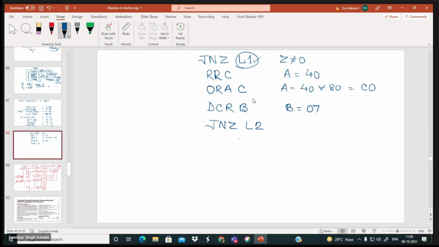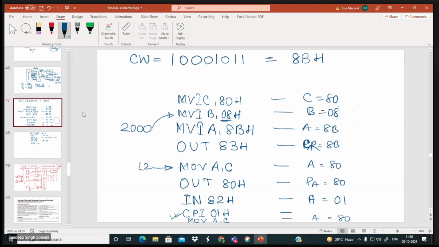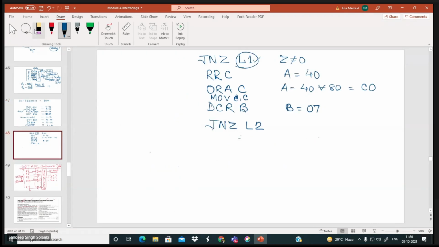So that part is also missing, isn't it? Yes, sir. We have to update the content. So first of all, you have to bring Move C, comma A. Sorry, accumulator content to C. From accumulator to C, because actually here this is correct. It is already there, no need to do that. But we have to update the content of C, right? After ORing.